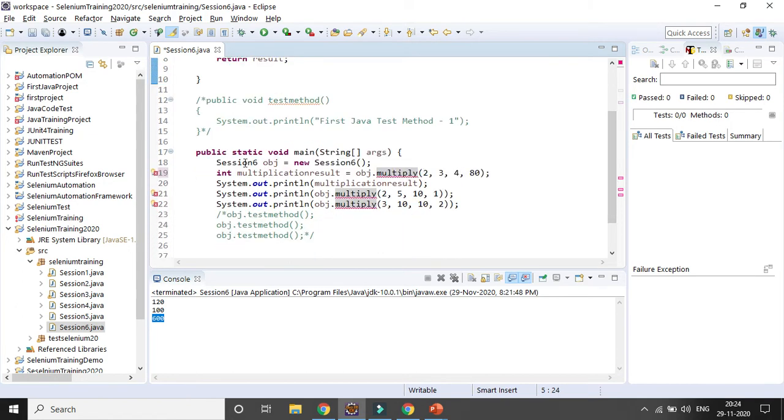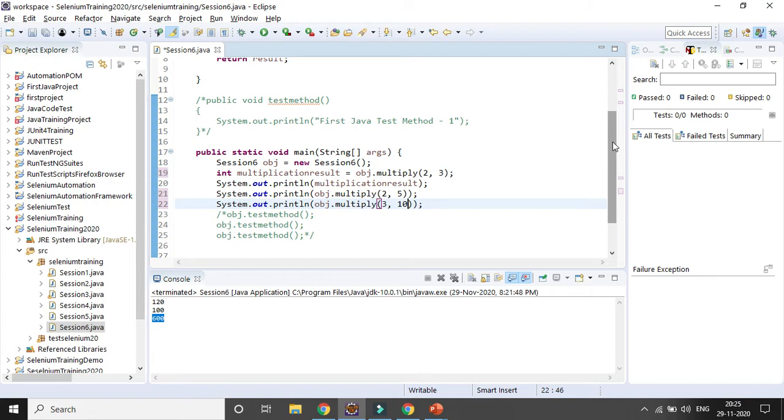So in the main method I am creating an object first. This is called the object. And you can directly print it, object dot method name, and you will need to pass the arguments, or you can store it in a different variable. Obviously it will be the same return type, and then you can print it. So if it is 2 arguments, I will be removing the other 2 parameters. Similarly I will remove the other 2 parameters, so it will work now. Otherwise it will throw some error.